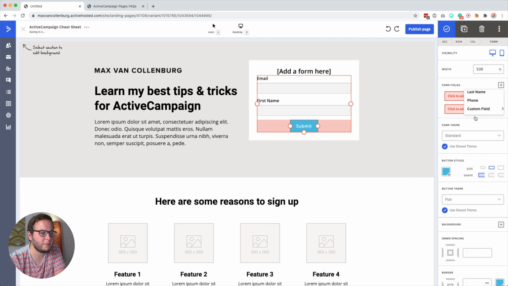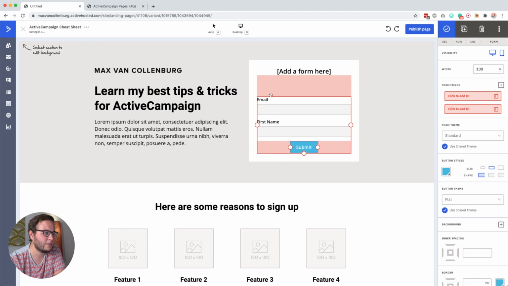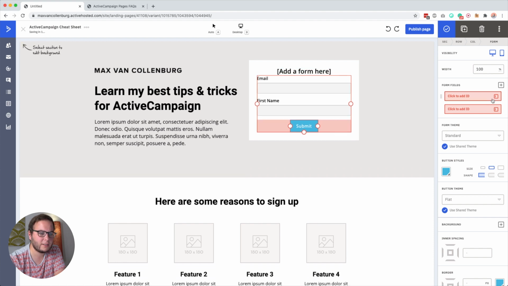Oh, here, first name. Can I drag this then? So what if I want to have the email underneath the first name? Can I just drag this? No. I see these dots here. You would say you can, oh, here, I did it. So you just have to hold it and then you can drag it over here. So I think it's a bit confusing that this just says click to add ID. I think it would be nice if this says custom field first name and here custom field email. So I'm not sure why they did that.